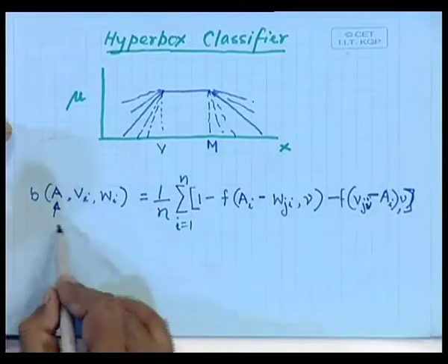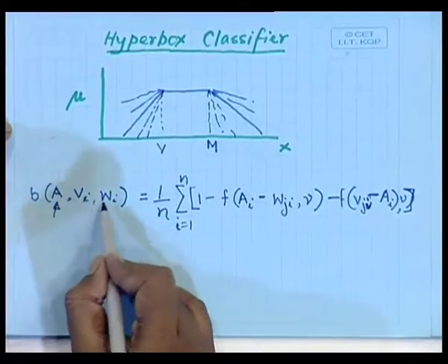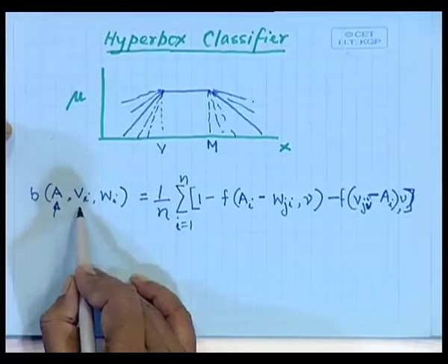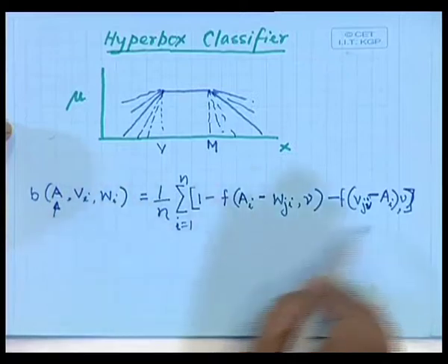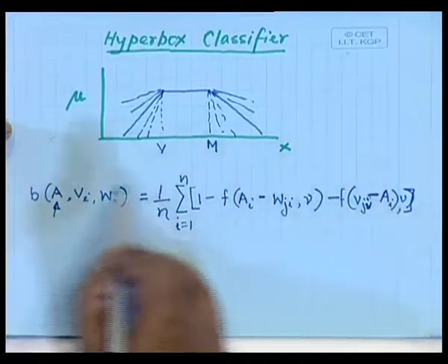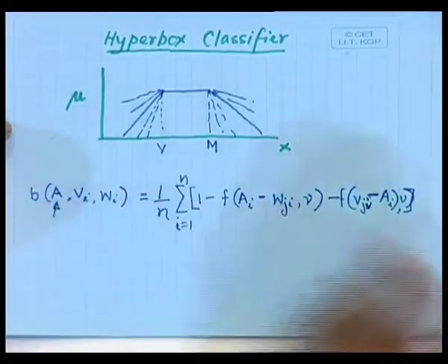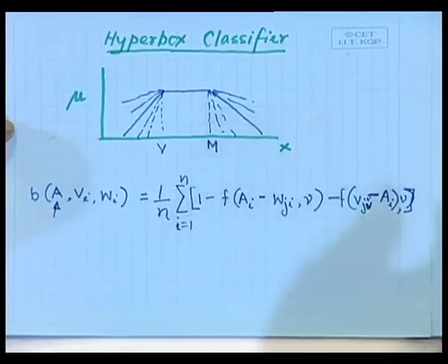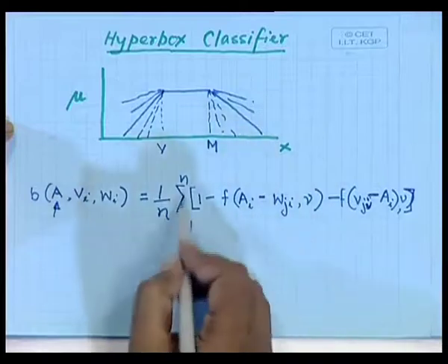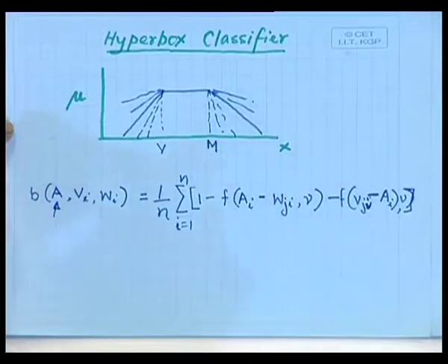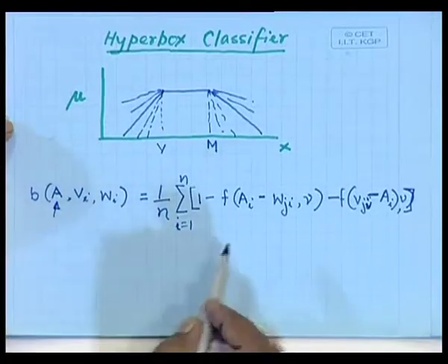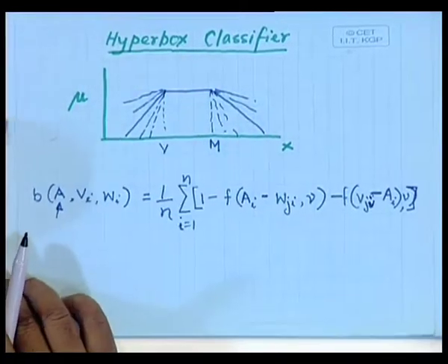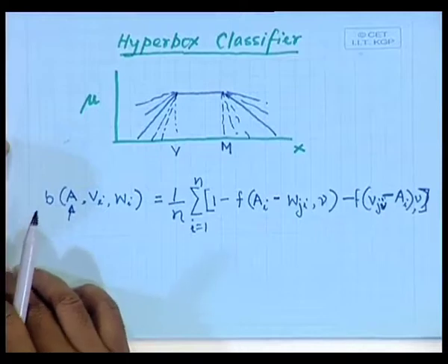So, given a min-max hyperbox where I know the min point V and the max point W, what I have given is the membership computation only along the ith dimension. Such membership computation has to be done over all the n dimensions, added together, and then you normalize with respect to n. Once I have this sort of analytical expression for computation of the membership function,